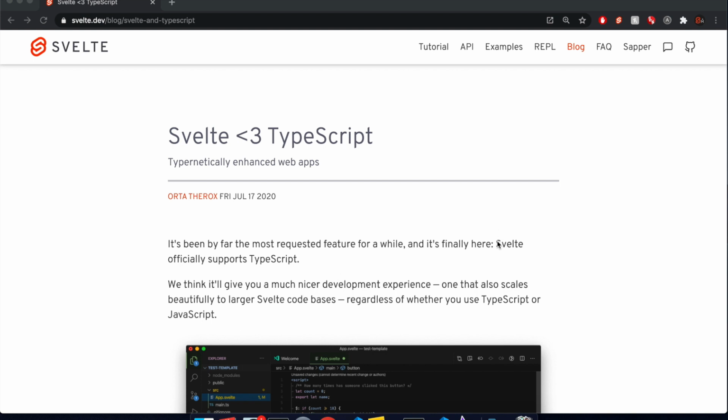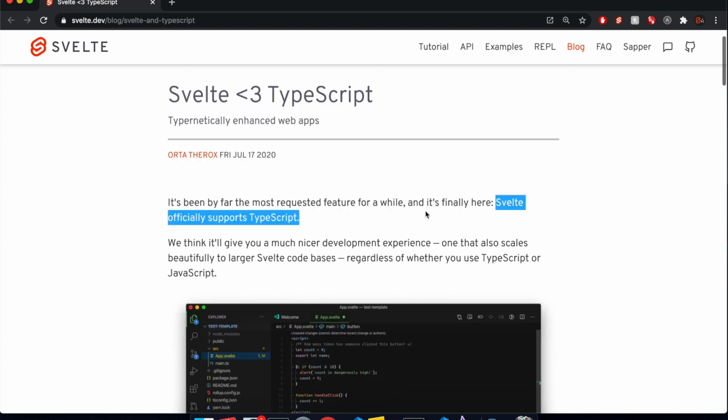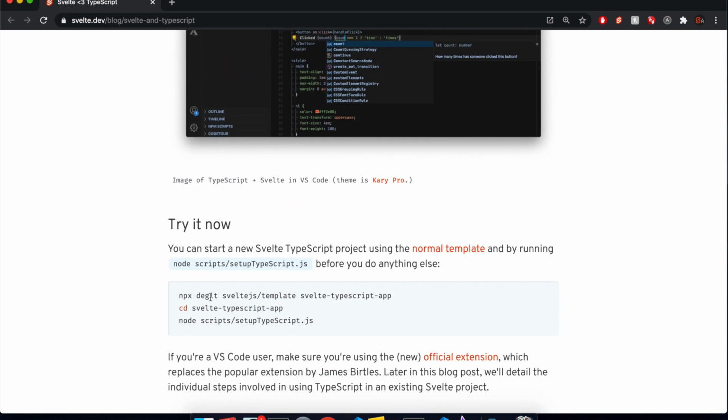Hello there. So the day has finally come that Svelte now officially supports TypeScript. Woohoo! Okay, so how do we do this? So it's pretty simple. If you're going to use the template, if you're starting from scratch, you can just degit